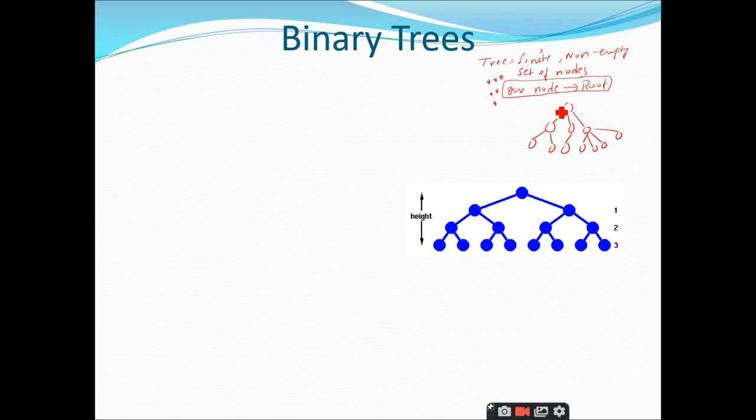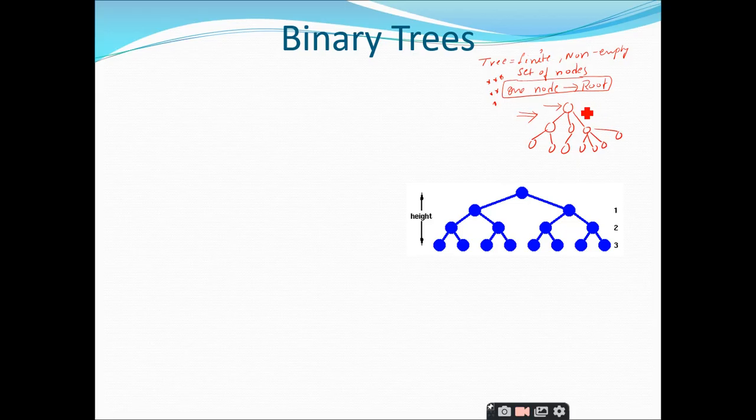Is it a tree or not? Yes, sir. Yes, it is a tree. Why? Because it is a collection of nodes, and one of the nodes I have designated as the root node, and similarly each node is connected to the other node with a single edge. This is also important. In trees, every pair of nodes will have a single edge. It cannot have more than one edge. That is also important. So this is an example of trees.